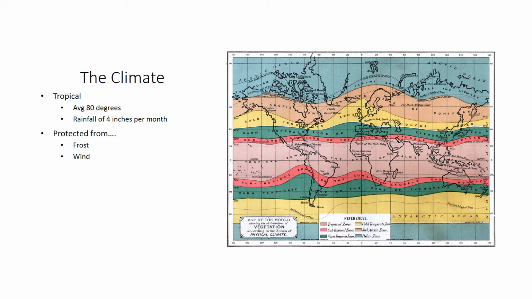So for the climate part, today's edible bananas are really restricted to tropical or what we'll call near tropical regions, roughly between latitudes 30 degrees north and 30 degrees south, as our picture on the right highlights for us. Within this band, if you will, there are varied climates with different lengths of dry season, different degrees and patterns of precipitation. A suitable banana climate has a mean temperature of 80 degrees Fahrenheit and a mean rainfall of approximately 4 inches per month.